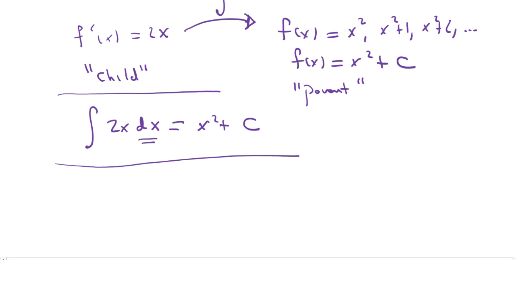Now, starting from the child function, we could write f prime of x for this function, but since the child is just a function, we will often let a small case letter like small case g represent the child function, say g of x. But how will we write a parent of g of x? If a small case letter is used for the child, then it seems reasonable to let a capital letter represent a parent function. For example, a big G. So if g of x is a child, then a parent of g of x would be written as capital G of x. And the way we test that capital G of x is a parent of little g of x is by taking the derivative.